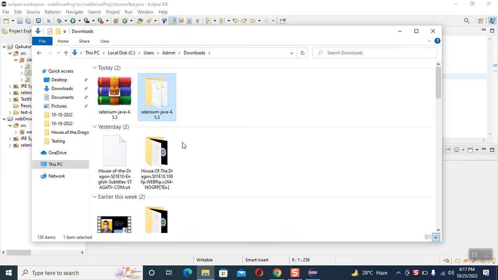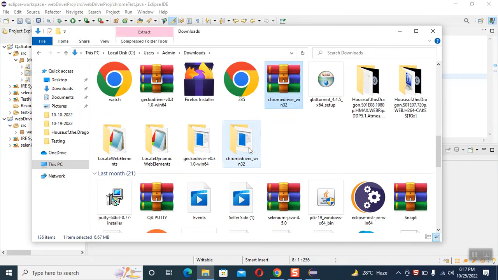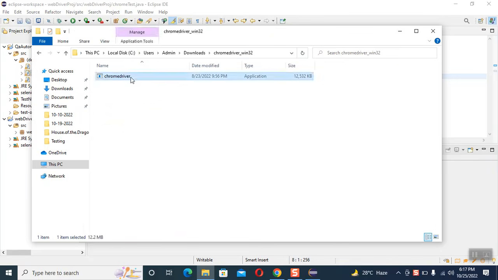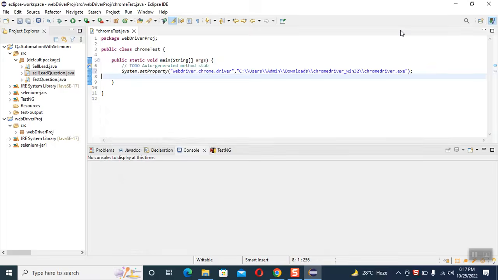You just need to make sure that you give the exact final path of this file and not only of this folder. Otherwise, you might face some errors, which I faced in my case when I was setting up this. Okay, so after we're done with this,